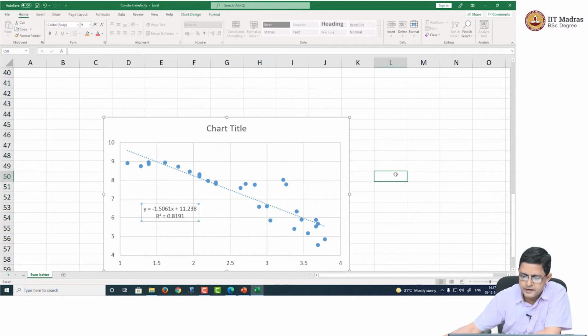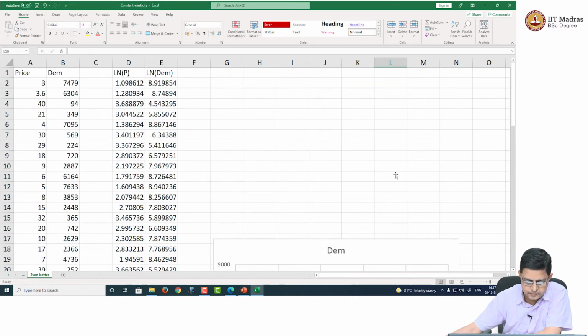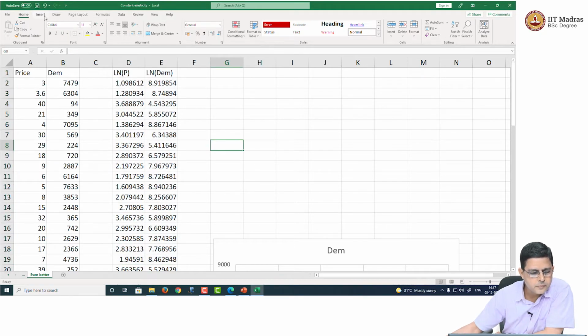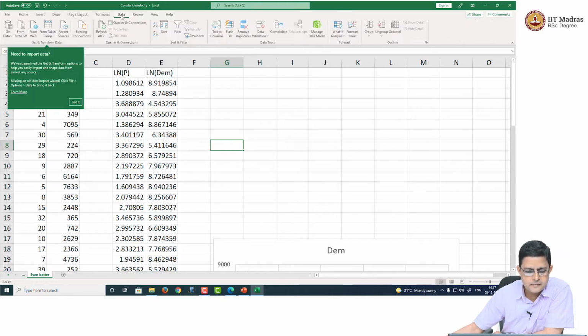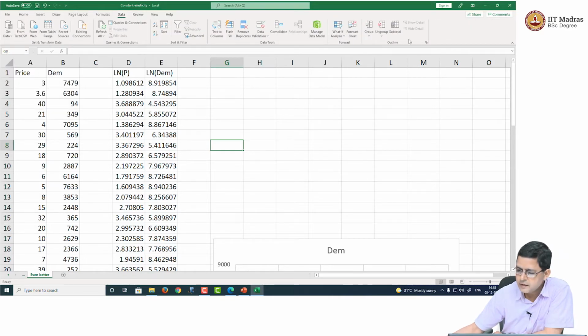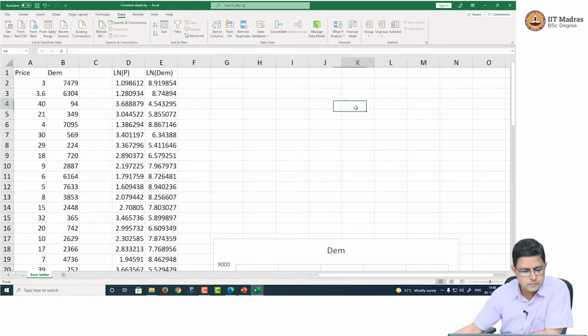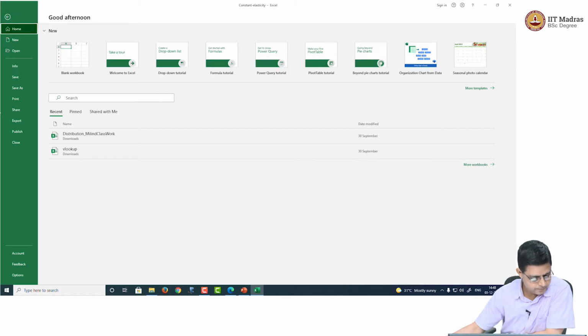Now, let us formally run a regression on this. I hope you are okay with this discussion so far. So, now I will select these values. Let me go to the function. Where was that? Under data. Once again I am using a different computer, so let me go and get my